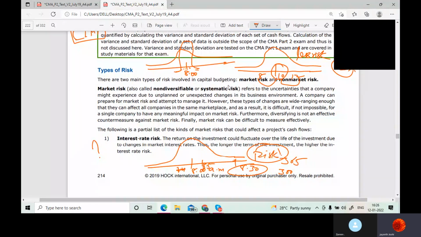So there are many types of risks which you would consider before investing your money. Market risk, non-market risk. Market risk is nothing but the systematic risk, the risk of the system. If there is a stock market crash, every particular company's stock would get affected. This is non-diversifiable because